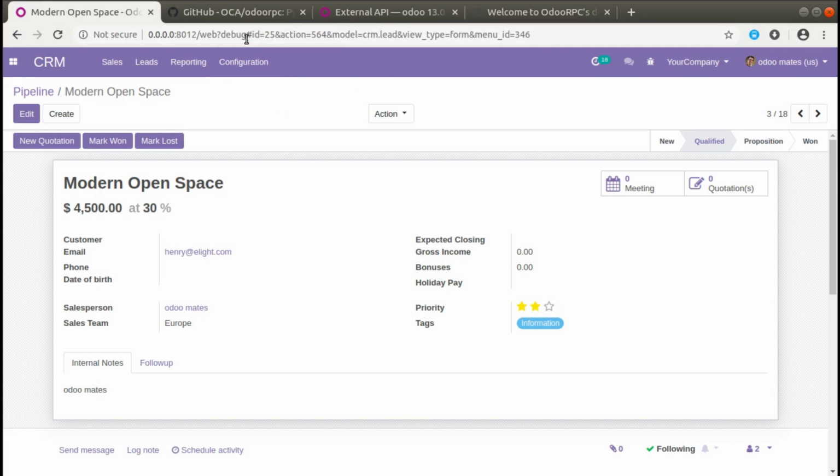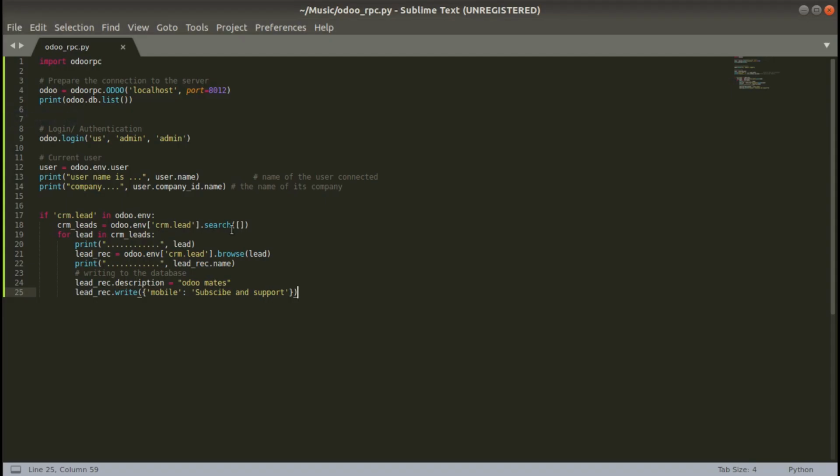ID equal to 25. So if I go here, I'll be inside this if statement. I need to delete the record with the ID 25. So I'll be copying this line, so we don't want to write it again, and I'll be pasting it here. After entering a tab, Control V, and I have to search the ID with 25. So I can give the domain here, ID equal to 25. So we are browsing the record with ID 25.